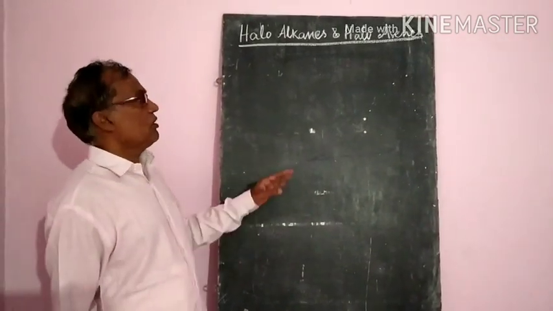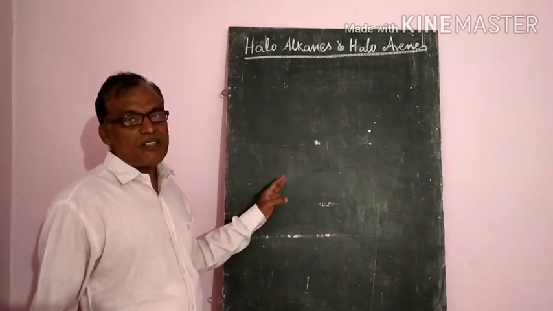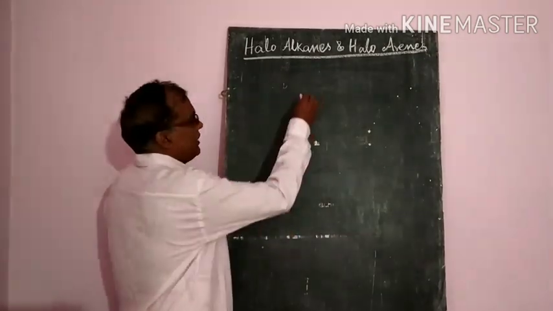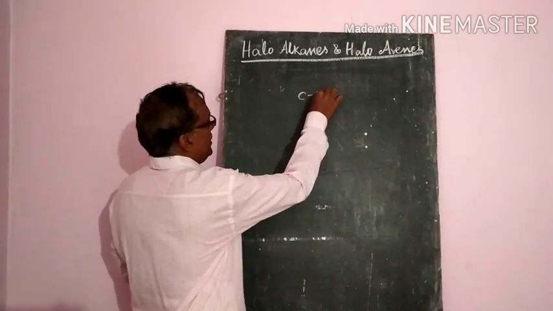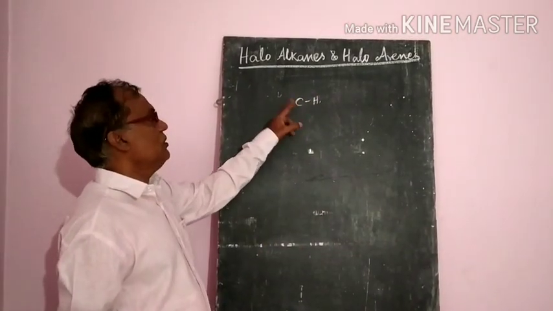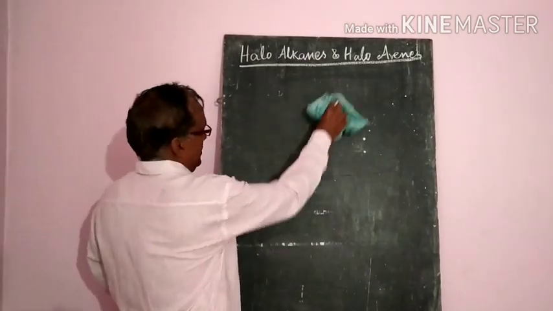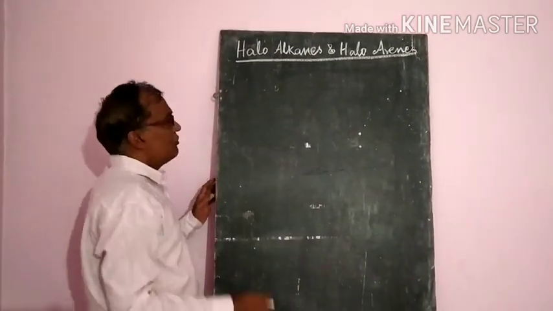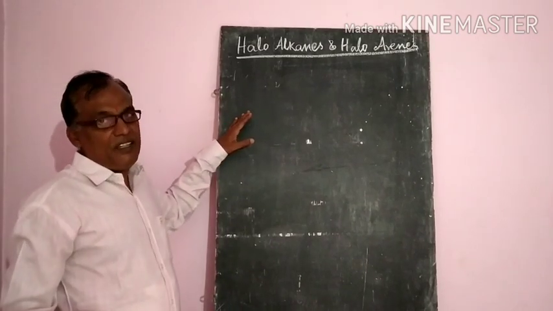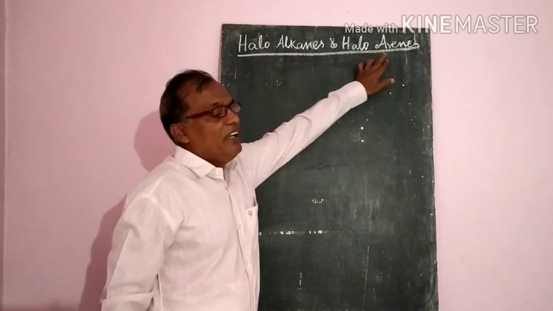Yes. Now we are going to study organic chemistry. That means the chemistry of compounds which contain carbon, hydrogen and other elements, mainly carbon atoms. We already learnt this organic chemistry in class 11th. But in 12th class, of course, the first chapter deals with haloalkanes and haloarenes.